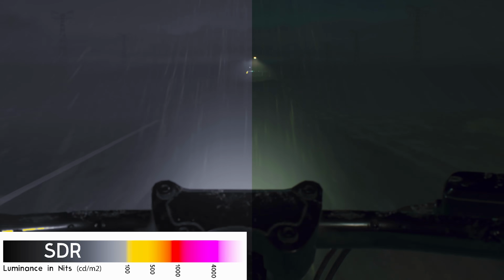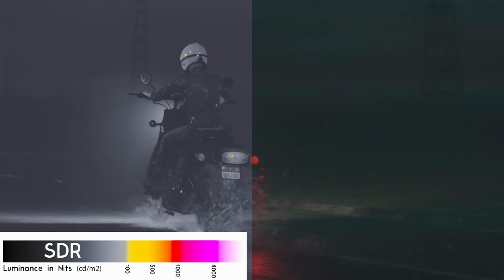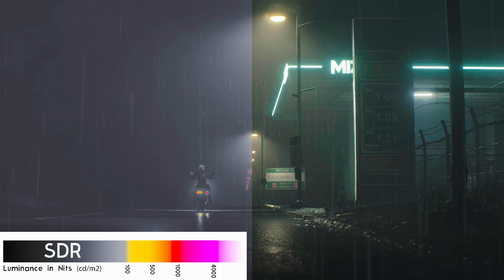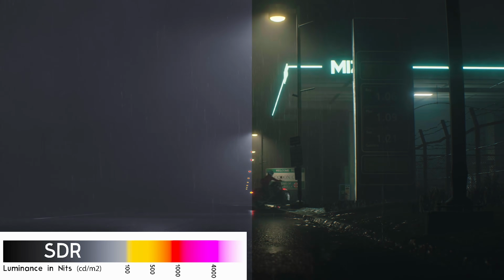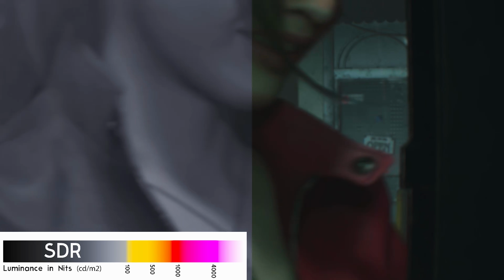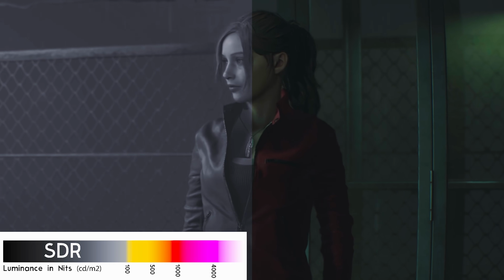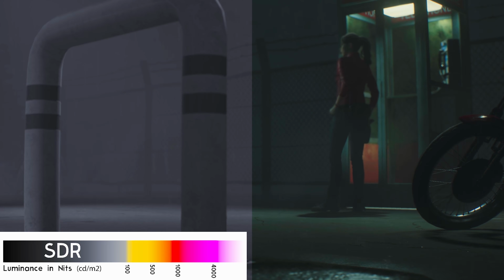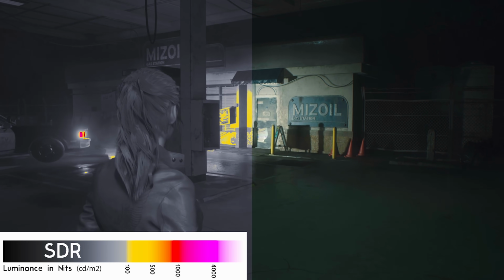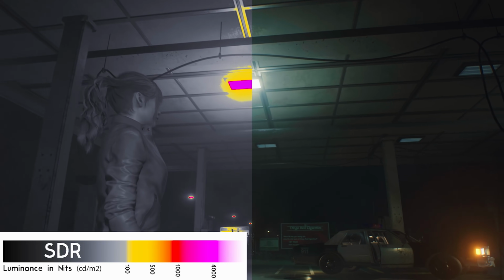We come up to another part of the intro, so we can see all the different specular effects happening here. The game's actually set at this point kind of late afternoon, early evening on a really grey, rainy day, so it's not actually pitch black. But that bit there looks real. It's amazing, really amazing. And this was an area where I really noticed when I was playing in SDR how there was a huge amount of contrast. One side of her face almost black as she walks out of that phone box. So you're actually losing a lot of detail at the dark end, and a lot of clipping at the top end. But this is a really nice environment to test out the HDR to begin a game with, actually,